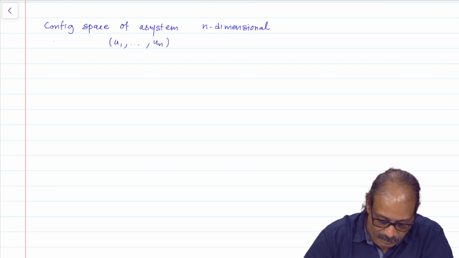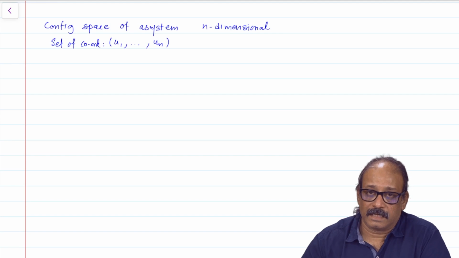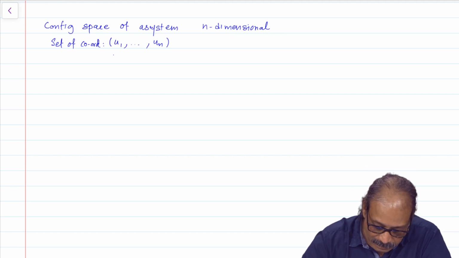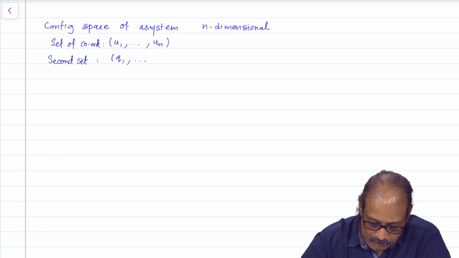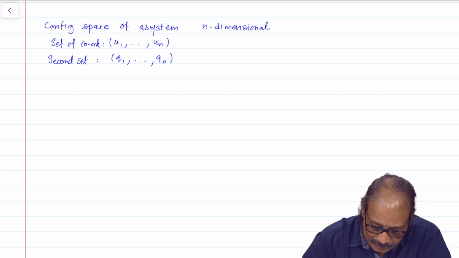So, this is one set of coordinates, and we can now make a transformation to another set of coordinates, which I will call the second set, q1 to qn. And of course, the coordinate transformations are given by